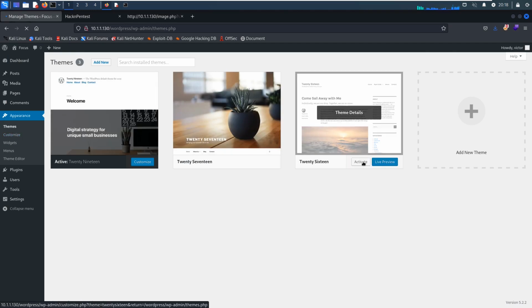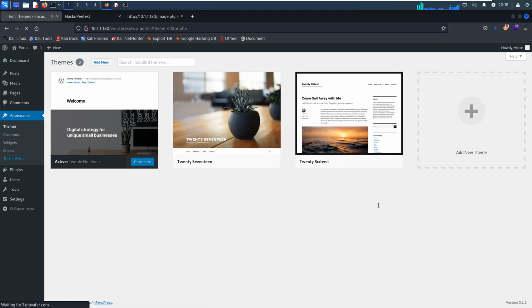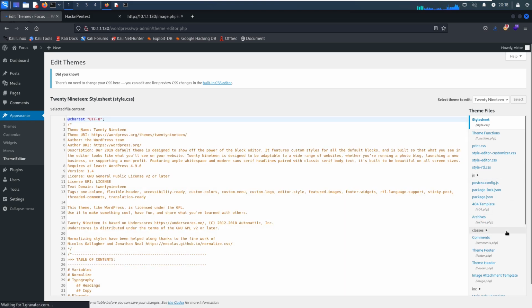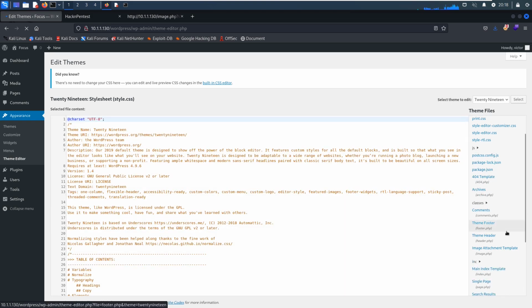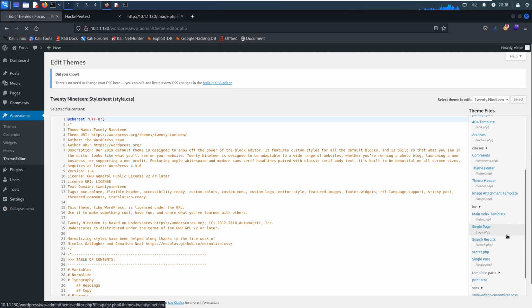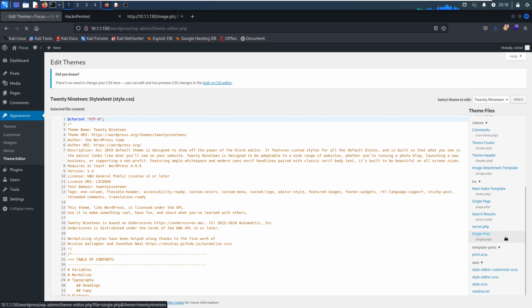If you go to the themes, theme editor, and take a look at these theme files very carefully and very closely, there is one very weird.